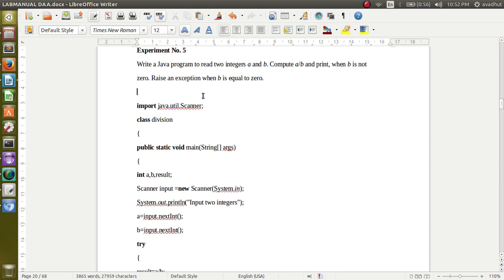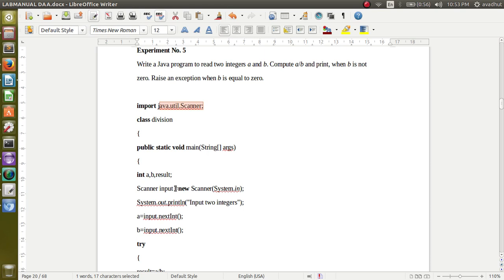First we are importing the scanner class for reading a and b as input variables. The name of the class given here is division. Then we directly write public static void main. I have explained what this public static void main is in all the previous videos. Now here we are declaring a, b and result as variables.